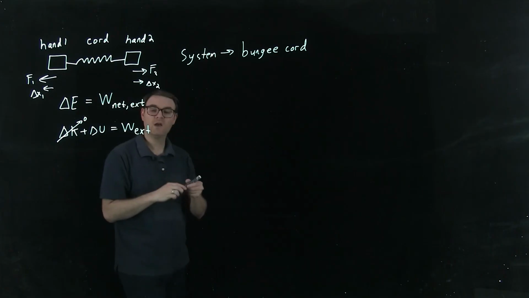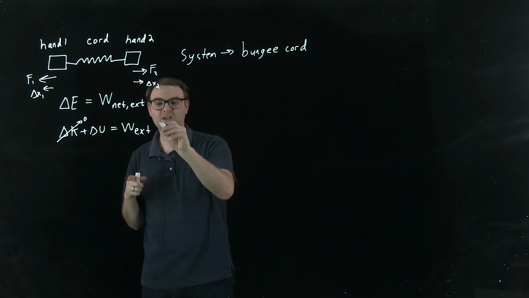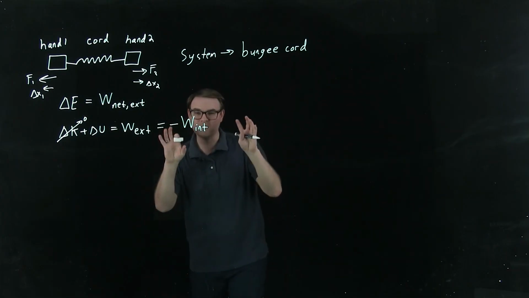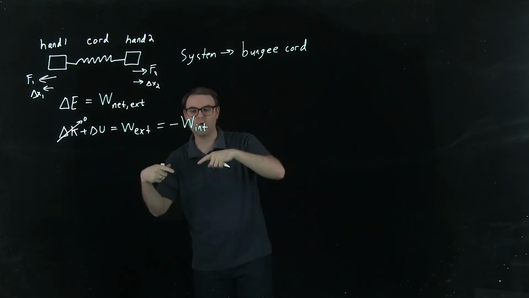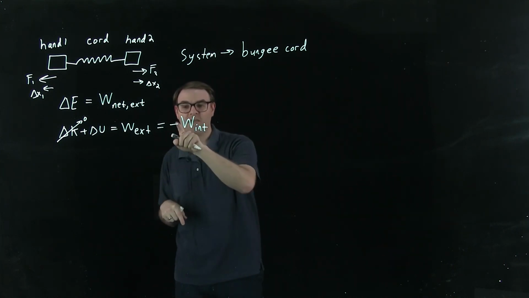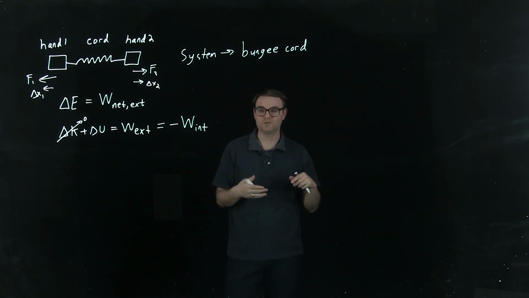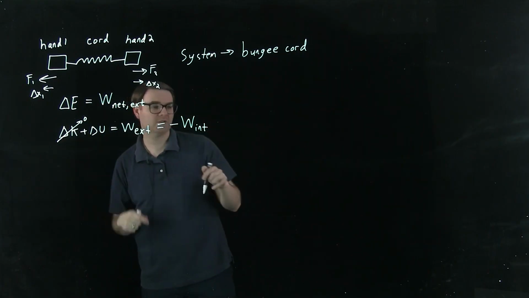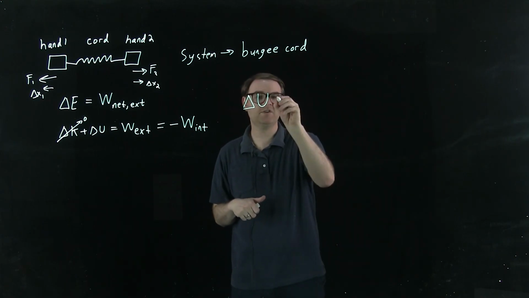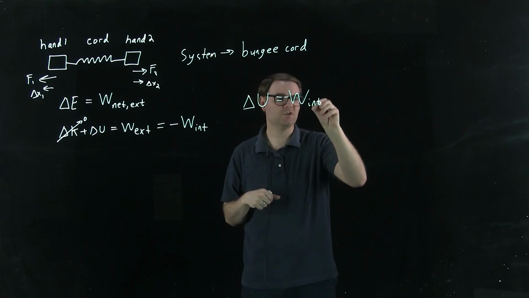So under that assumption, we can say that the work done by the external forces is actually going to be opposite the work done by the internal force. So rather than try to model the force that my hands have to act on the bungee cord, I'm going to try to model the internal force that the bungee cord is acting back on my hands, and then throw a negative sign on it, which is the same as the negative sign that you're used to seeing in Newton's third law. And now, pulling these two parts of the equation aside, I have a general expression for the change in potential energy due to a conservative force, which is the negative of the internal work done by that